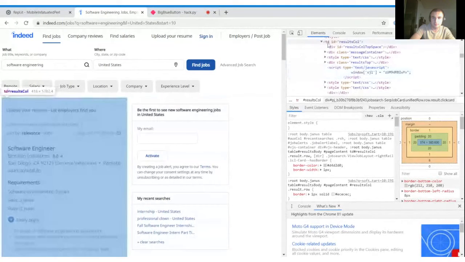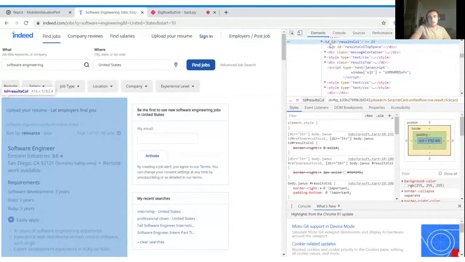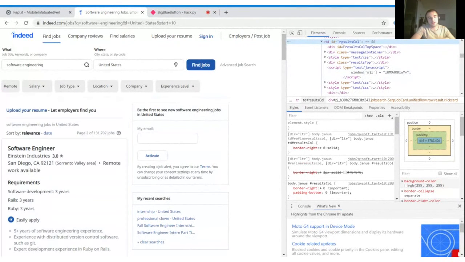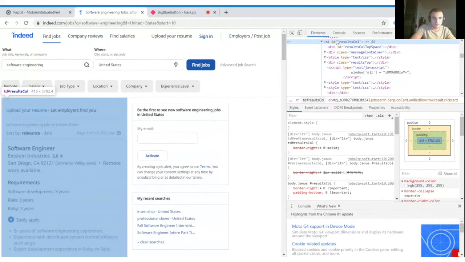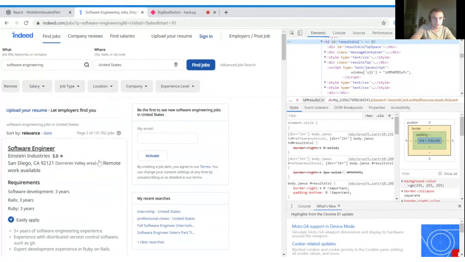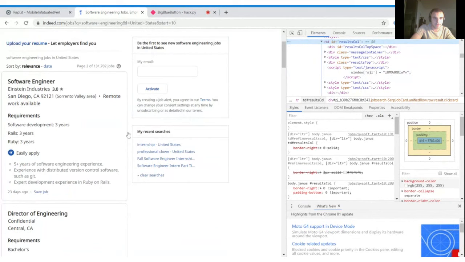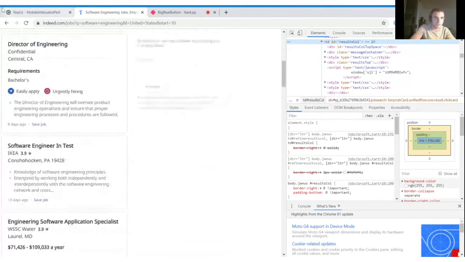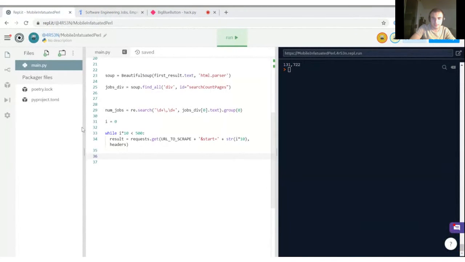So this column, which has a tag TD and the ID is result call. So we need to extract this so that after it, we can sequentially go through each of these cards and extract the data we need from it. All right, so